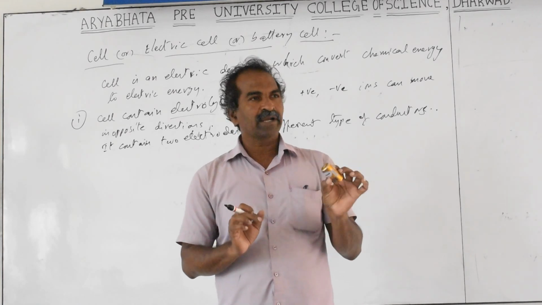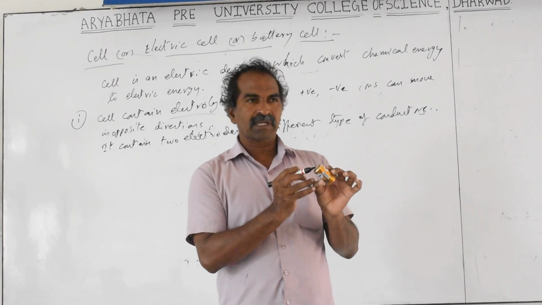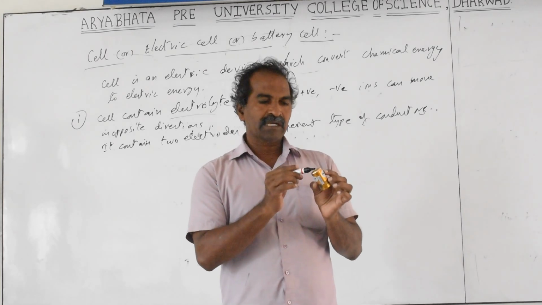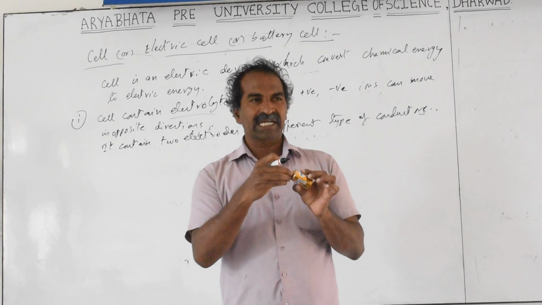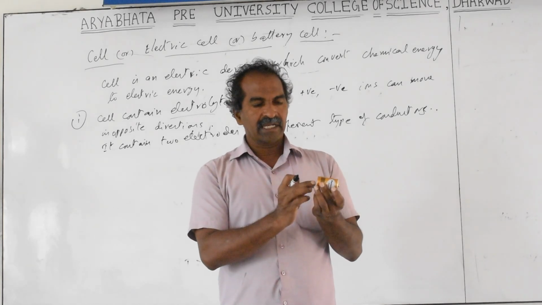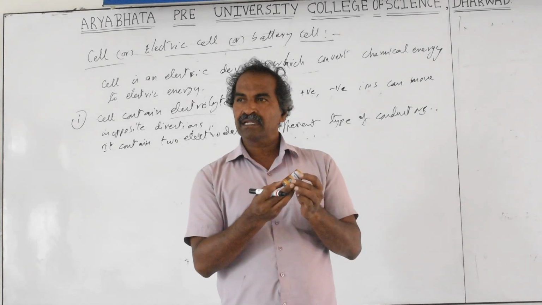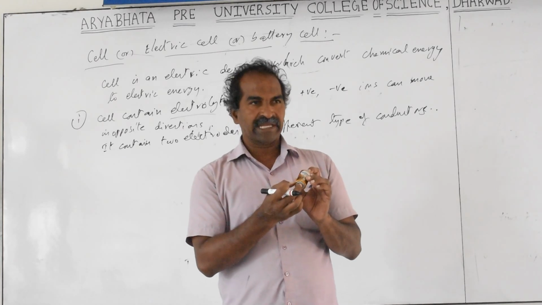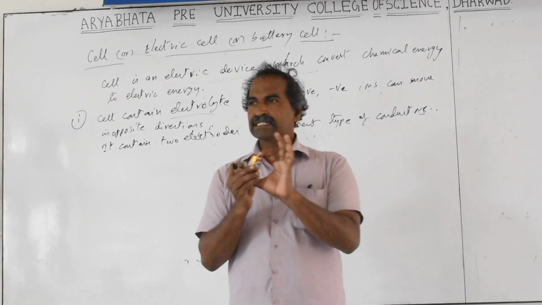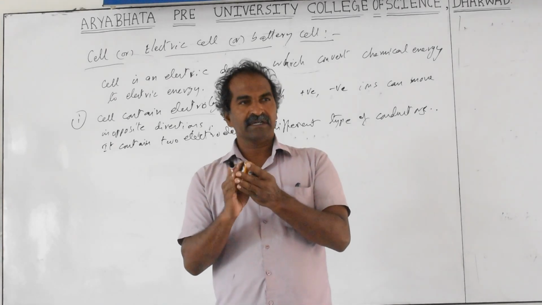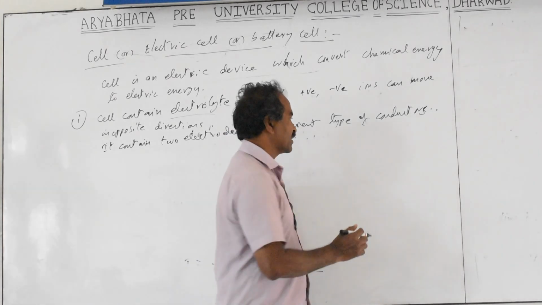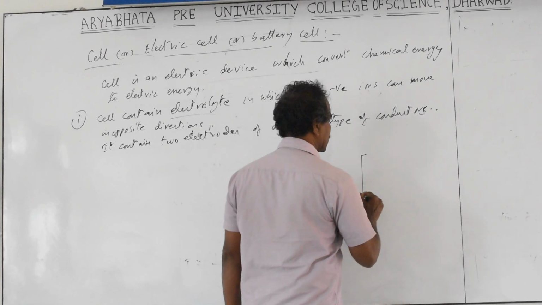It has two endpoints. One is the positive terminal, another is the negative terminal. The positive terminal is an electrode, which is a carbon rod, but on the top it is covered with a metal tip; a brass tip is used. And zinc is used as the negative terminal, which is also covered with metal. This is actually steel. What you are seeing from outside is the steel. In the olden days, this covering was not there. Directly you could see the zinc covering outside.